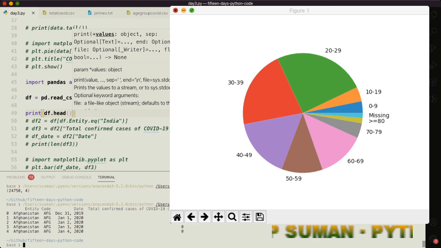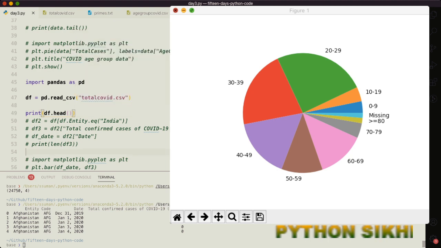Now from this large data, we want to find the data corresponding to India only. In the case of India, each row will have entity equal to India. So what we will do is chop this data using df.